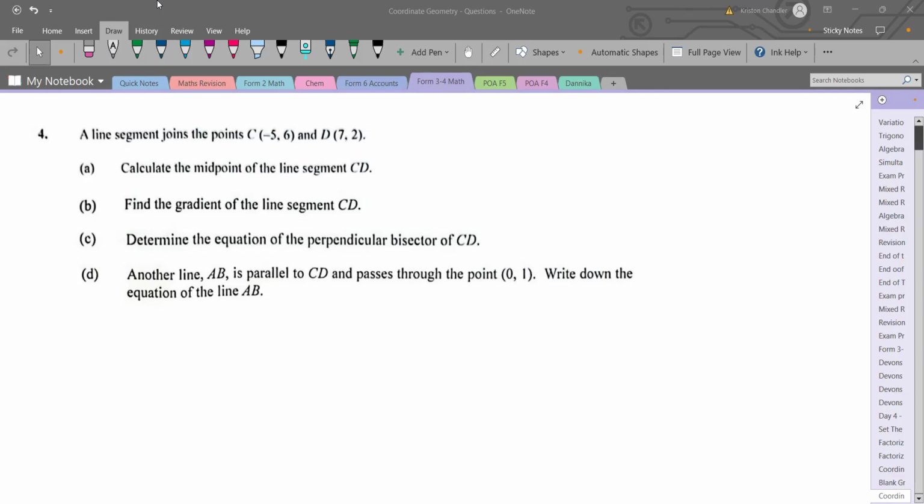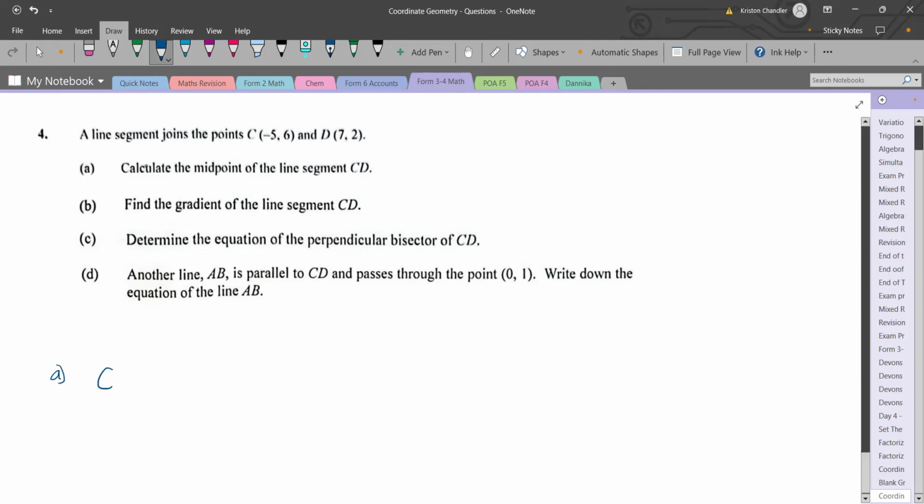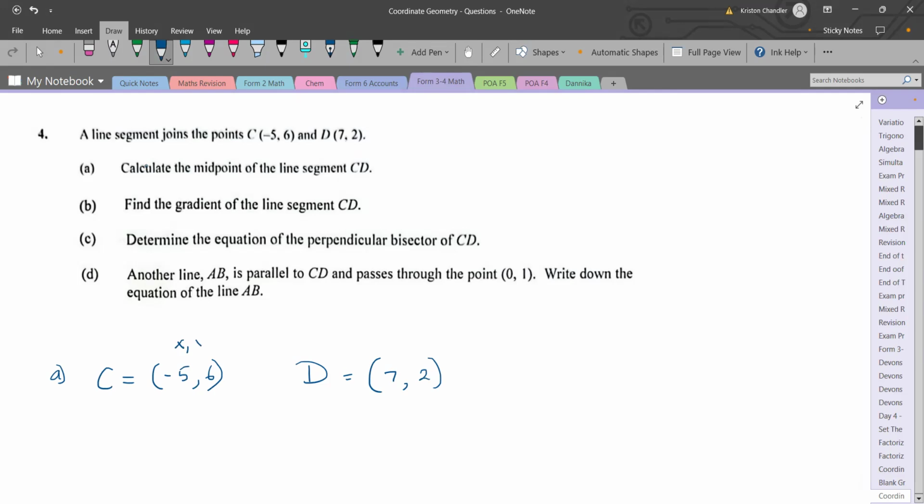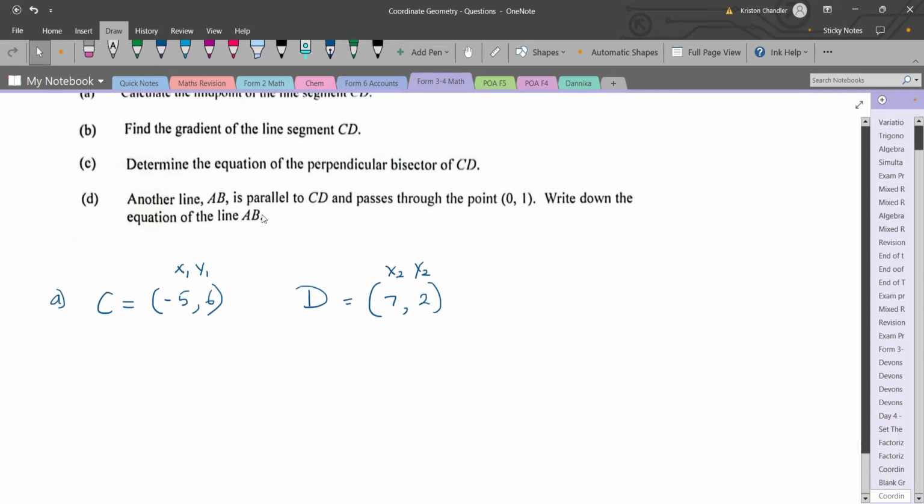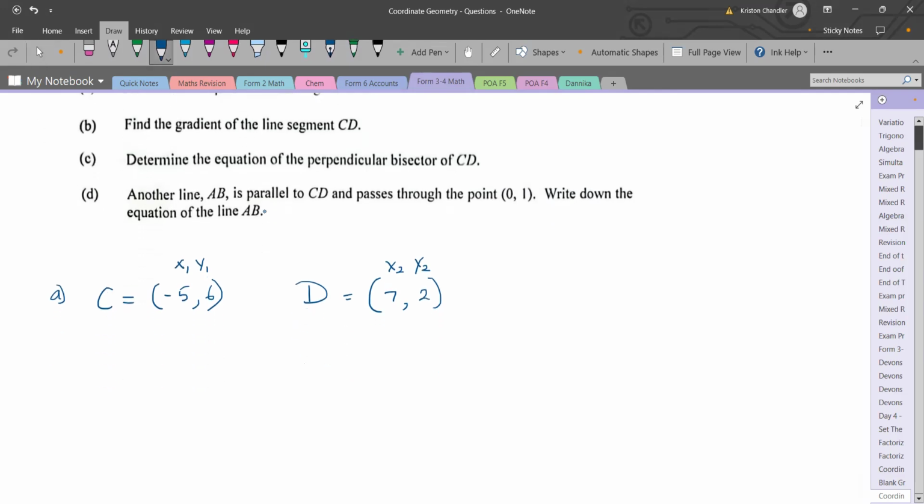So to begin with, I always start by saying to identify your points. So we're going to write the point C (-5, 6), and D, which is (7, 2). We're also going to label these x1, y1, and x2, y2, right? Because we want to state our formulas as we're working them out. So we're going to write here midpoint